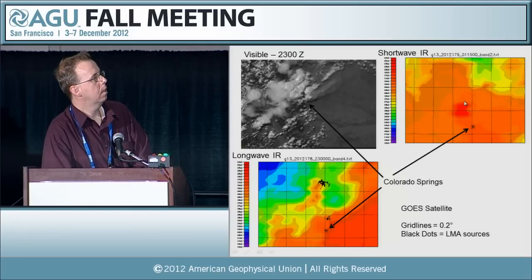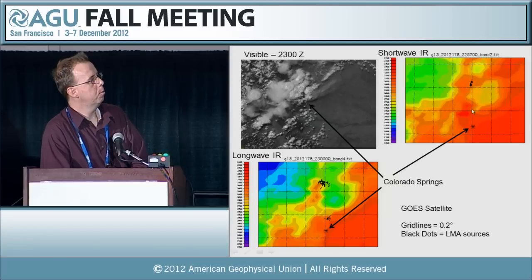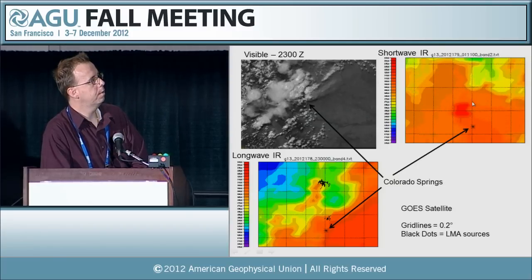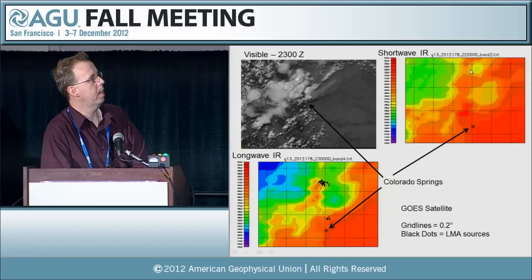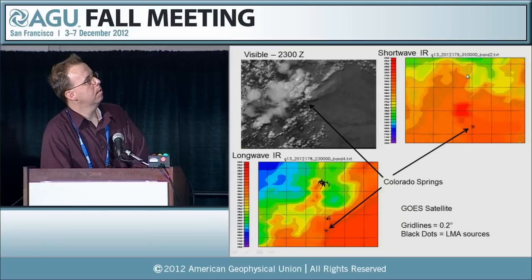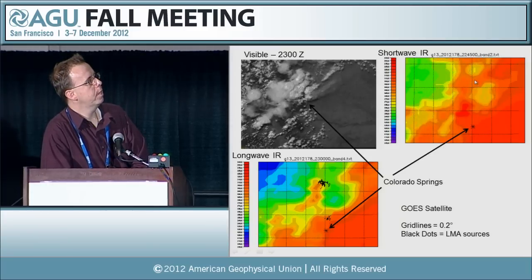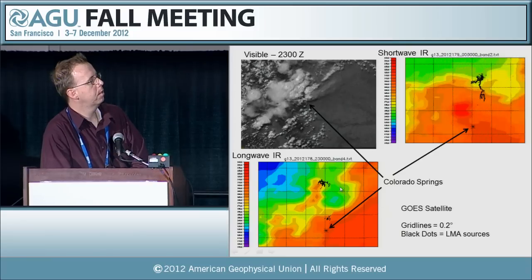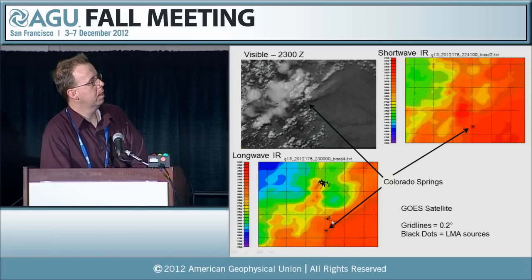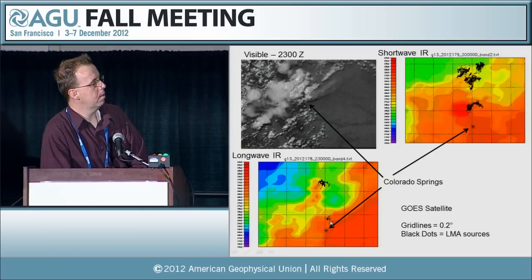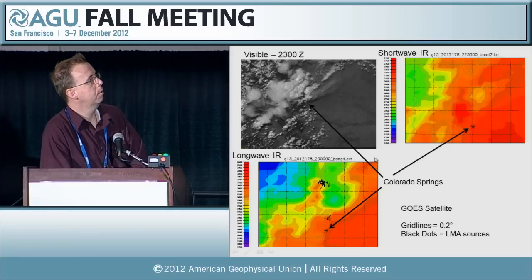Again, much like the Hewlett Gulch fire, there's a really nice looking hot spot here, and the plume lightning is all downwind of that. And then the actual convection is north of it, and that's where some of the cold cloud is. But down where the plume is, there's no obvious cold cloud.